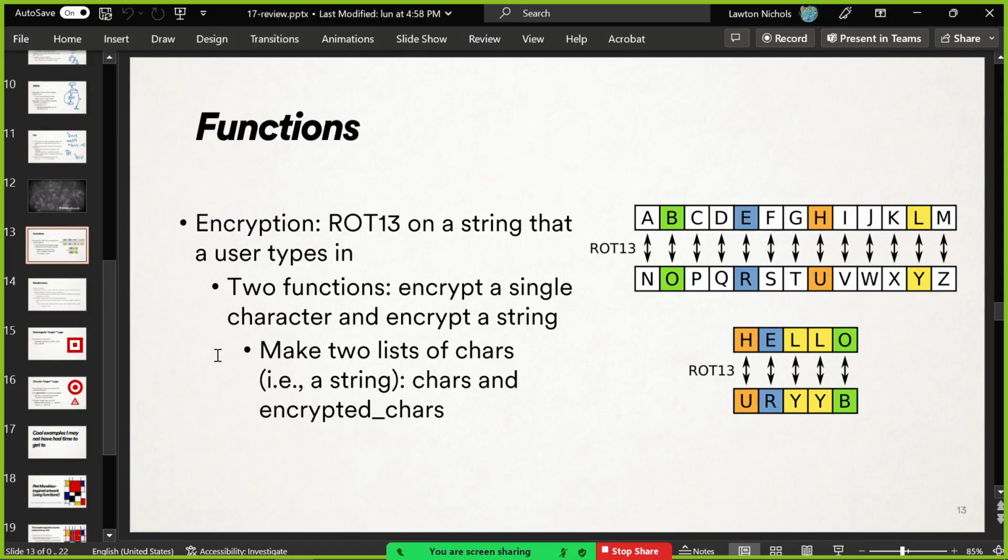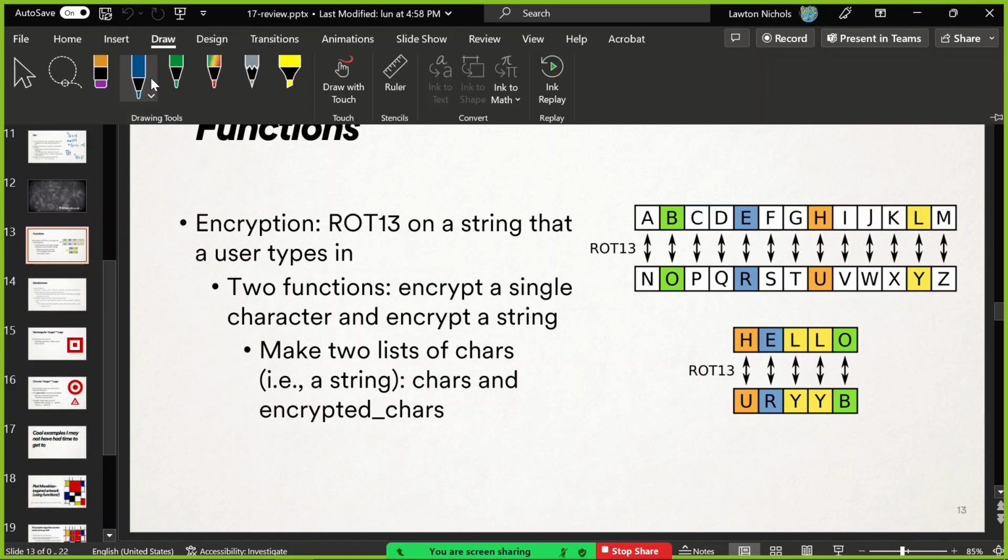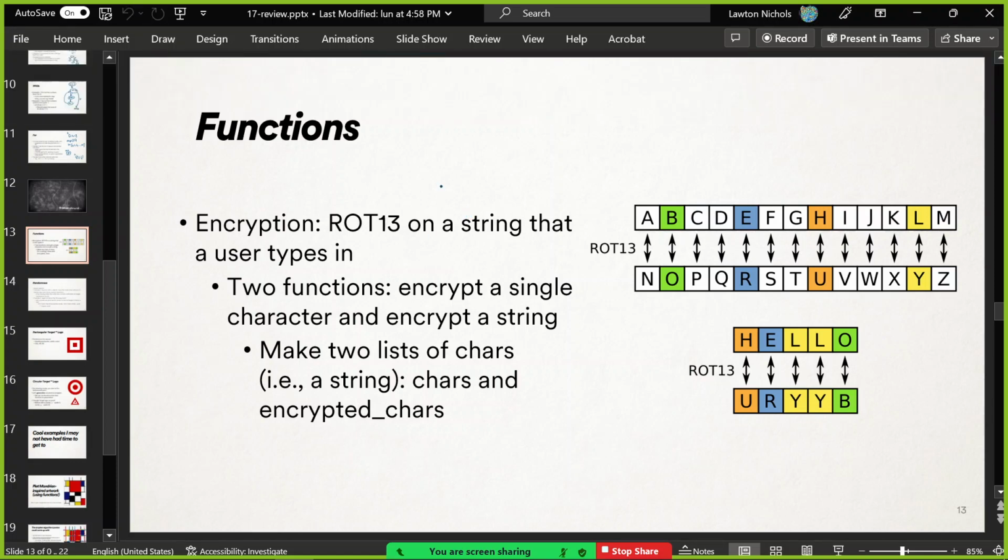So a cool example, I think, is an encryption function. So remember the simple encryption idea? It was called the Caesar cipher or ROT13. It's just shift every letter in the thing you're trying to encrypt by 13, rotate it 13 in the alphabet. And that means A becomes N, B becomes O, and it also wraps around. So like N becomes A, that's 13 later. It wraps around to the end of the alphabet and starts over again. So that's how that works.